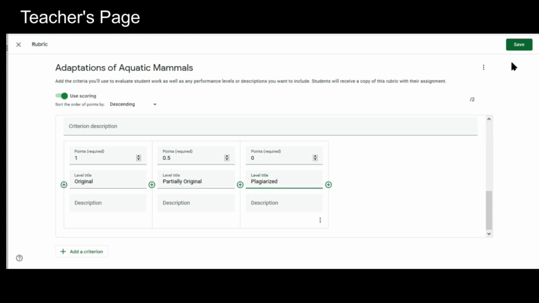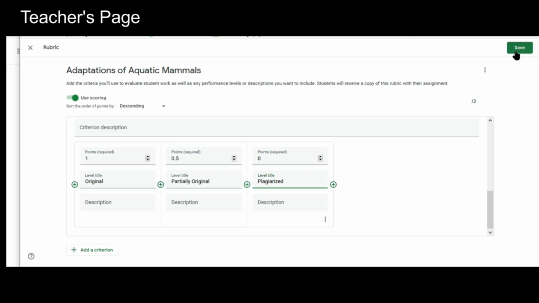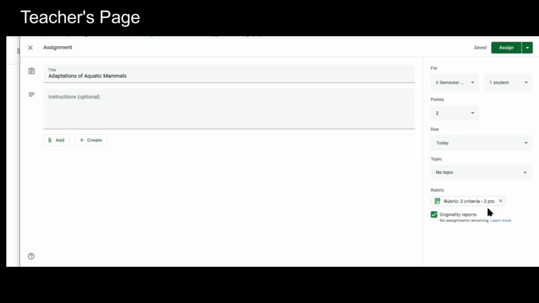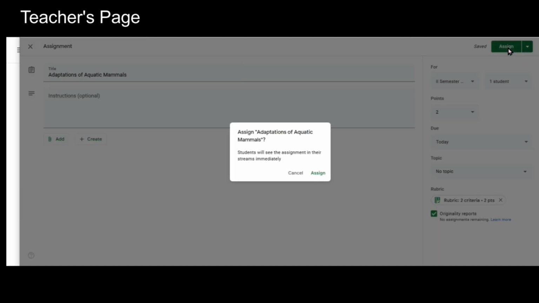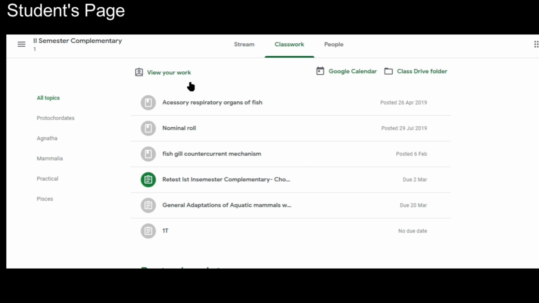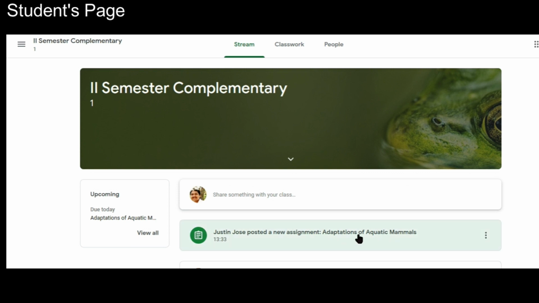Now once this is done, click on save, and this brings you back to the previous page where you can notice that your rubric is added, and all you have to do is click on assign button. Right? Now let us see from the perspective of a student who has been assigned this assignment. Here the student can log in from her laptop or even mobile phone. Now once logged in, the student can find the assignment either in the stream page